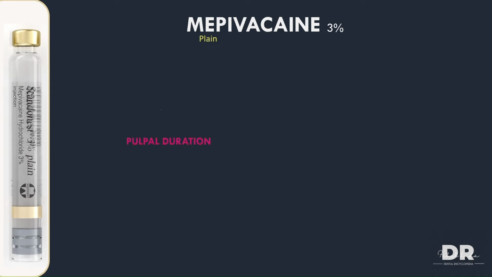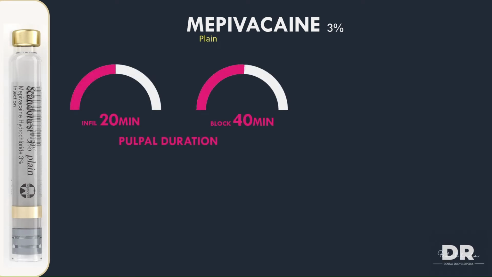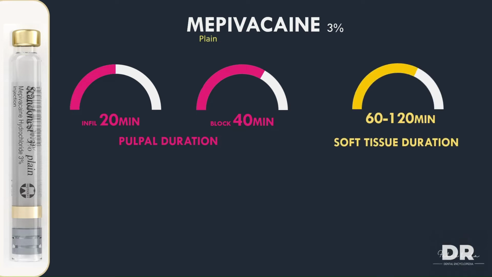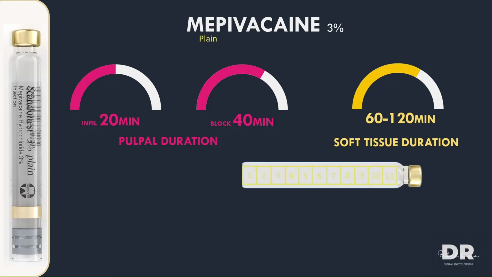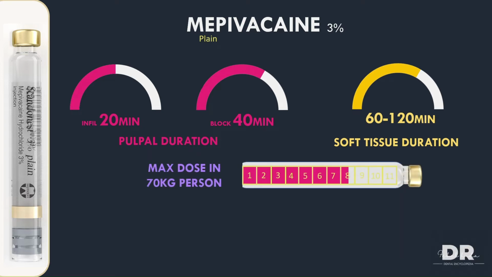The second drug which we are going to see here is Mepivacaine. The pulpal duration of Mepivacaine differs from infiltration to block. In infiltration, it lasts for 20 minutes. In block, it lasts for 40 minutes. The soft tissue duration is from 60 to 120 minutes. The maximum cartridges that we can consume on a 70 kg person is about 7.5 cartridges. The advantage of Mepivacaine is that it is safe in a cardiac patient, and it is a very short acting